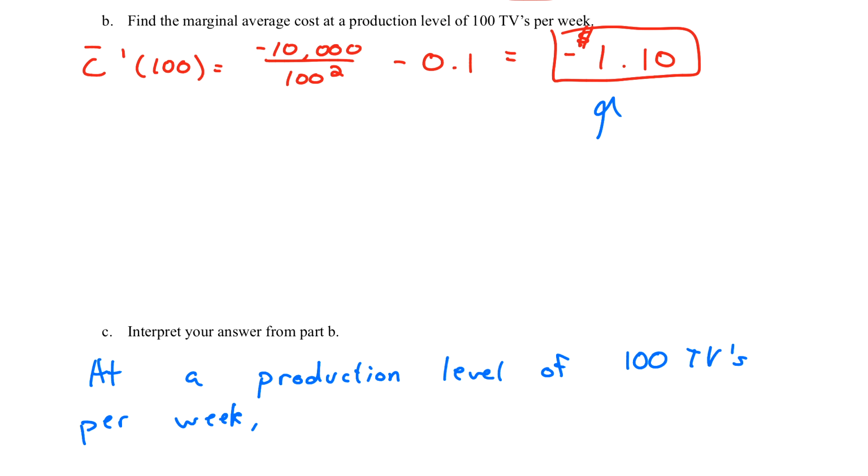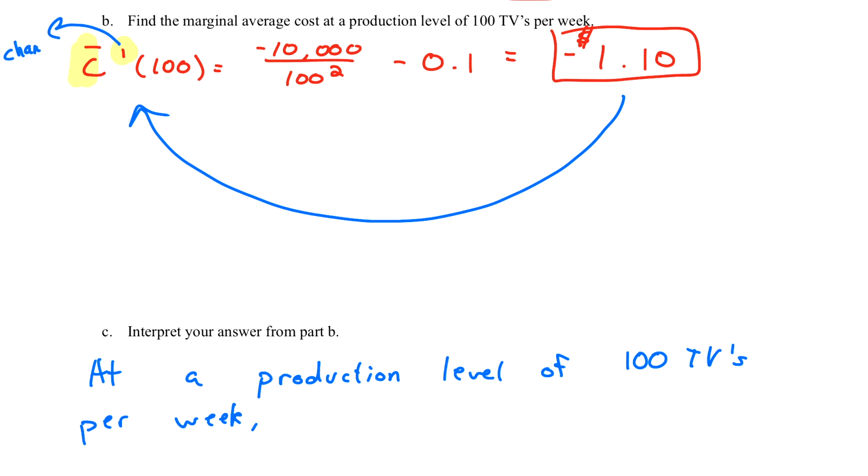Think about, how did we find this number? Well, we found this number by plugging it into C bar prime. C bar prime is the derivative of my average cost function. So the derivative tells me the rate of change of my average cost function. So here it's the average cost function that's changing. So the average cost per TV